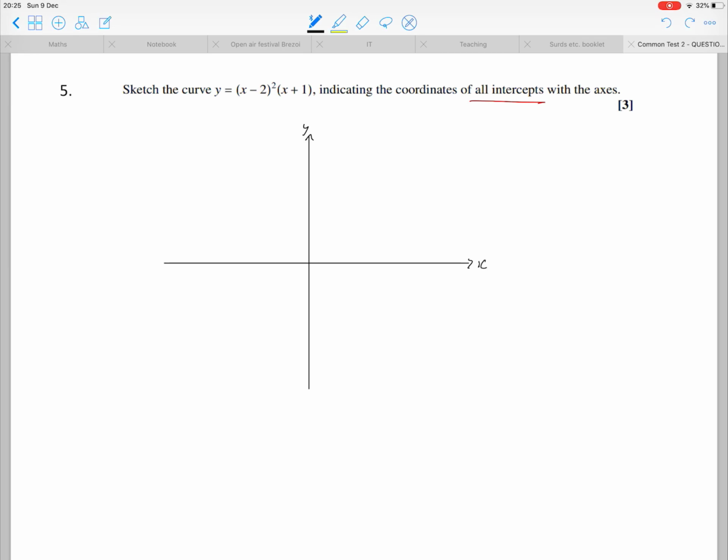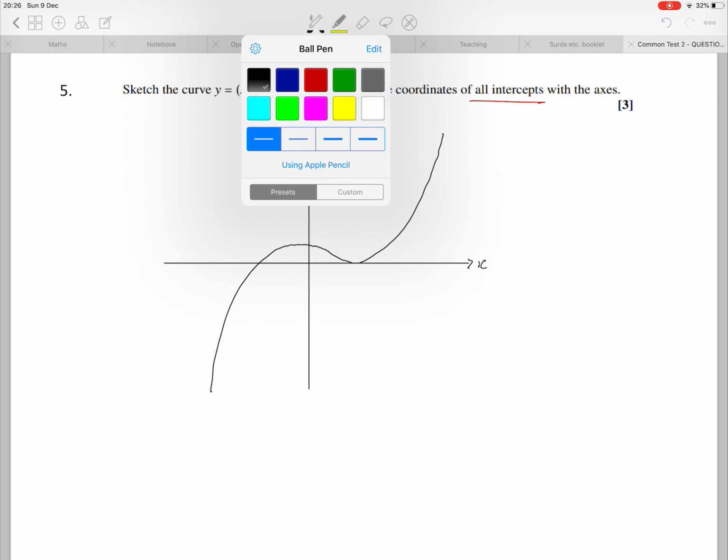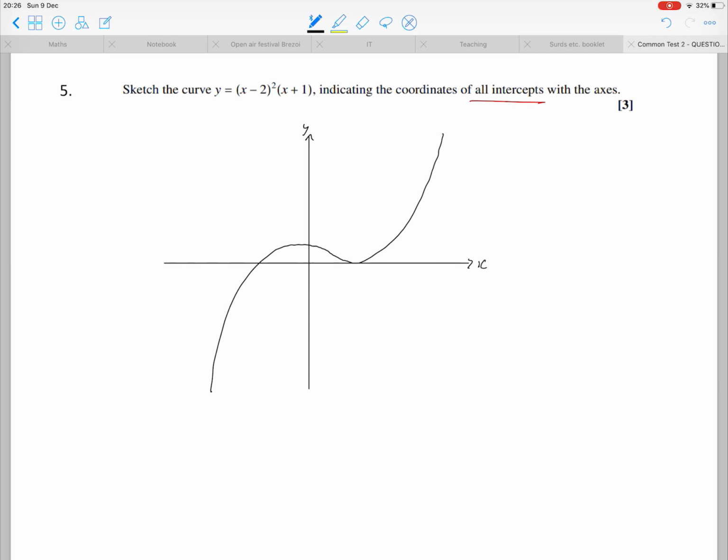I prefer to sketch the curve first, so just having it turn on the axis. Not my best effort, I might just try that one again. That'll do, as long as it doesn't matter. I'd have got the marks for the other one, for the shape. So normal root at minus 1 and a double root at 2, and it looks like my distance to 2 is the same as my distance to minus 1, but it's a sketch graph, so it doesn't matter. Now remember, before we move on to the next question, we always just have one last read of the